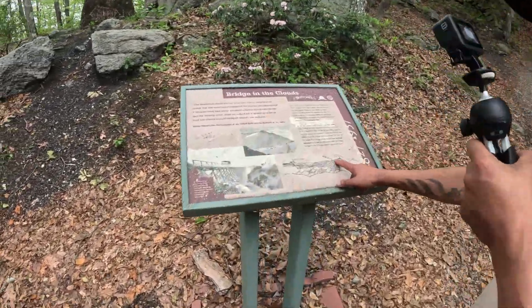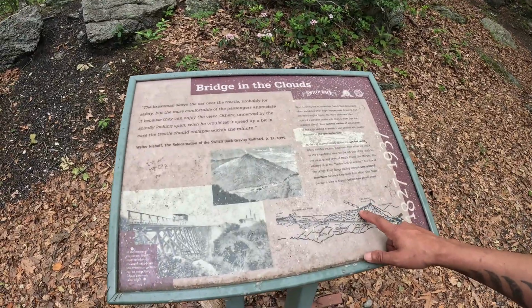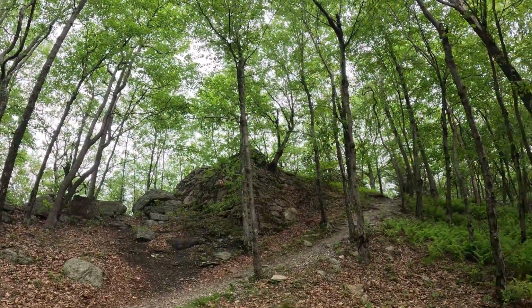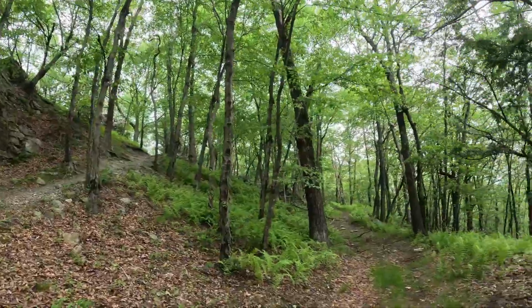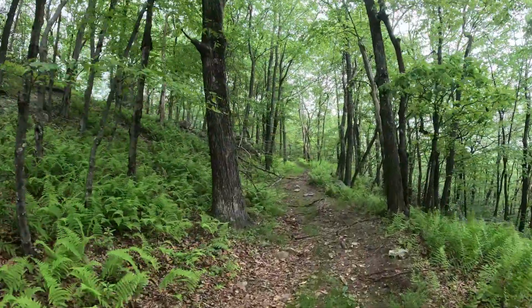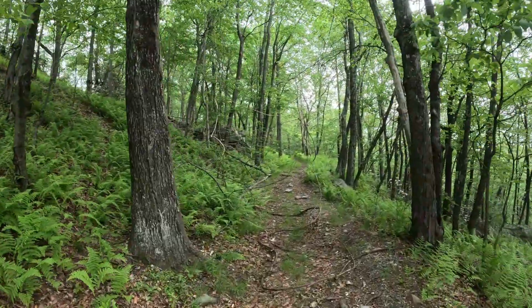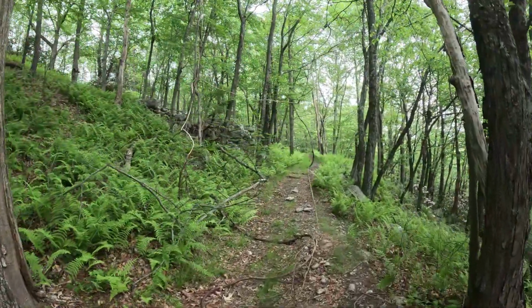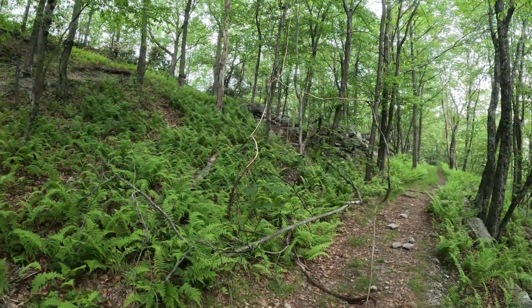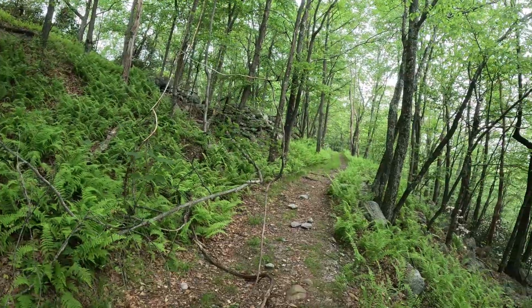Almost to the Pisgah house. We are right there. Almost. There's some more of that stacked stone as the trail winds through here. I'm not sure if that's the engine house or not. We're going to climb up on top of there and find out in a minute. But we are almost to the engine house. That will be our next set of ruins, the engine house